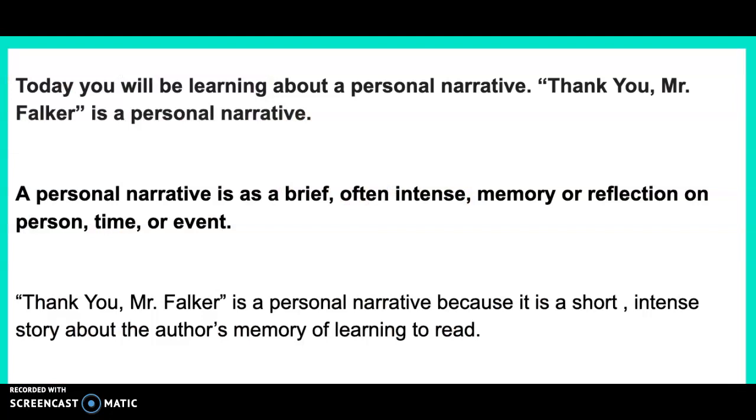Okay, so today you will be learning about personal narratives. Thank You, Mr. Falker is a personal narrative. A personal narrative is a brief, often intense memory or reflection on a person, time, or event. So Mr. Falker, the book, is a personal narrative because it is a short, intense story about the author's memory of learning to